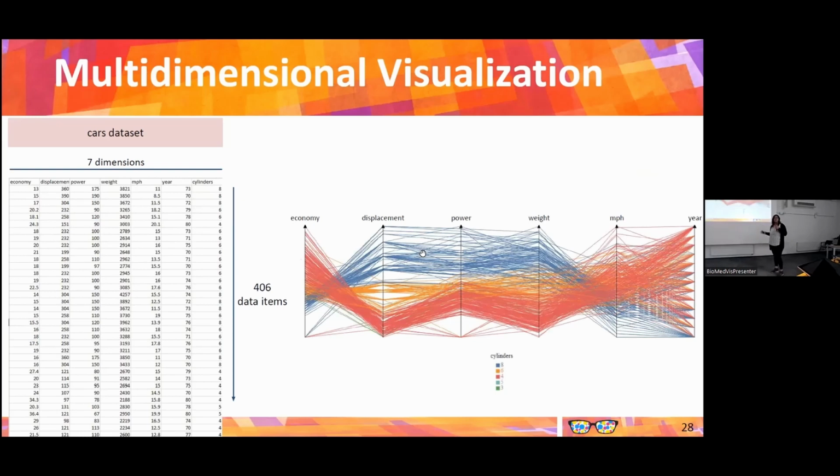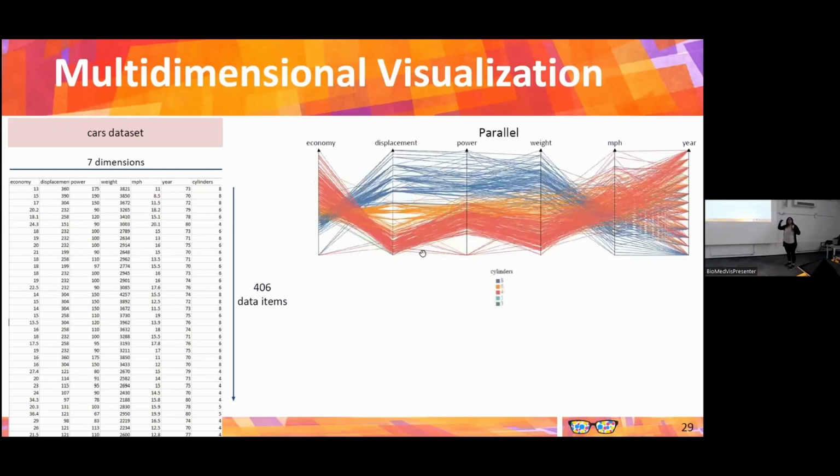It's quite interesting because you can have potentially as many axes as you need. If you have a data set with 10 dimensions, you can plot your 10 dimensions, 15, 20, 30. But of course, you reach a limit because of the size of the screen. You can also plot a lot of data items because you draw lines. Perfectly fine. But what's the problem? The problem is that you have too many lines and you are overplotting lines. You will have clutter and occlusion.